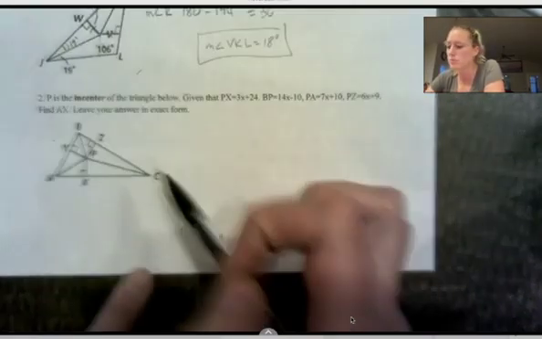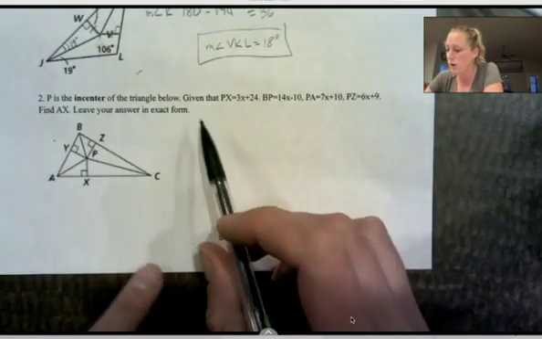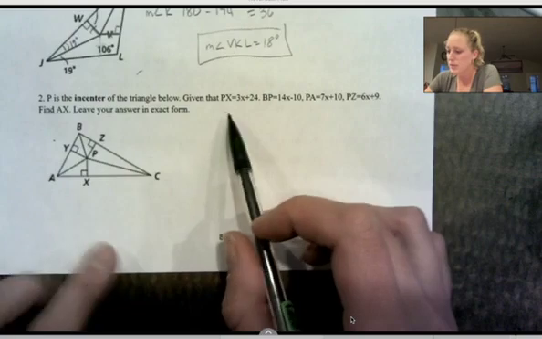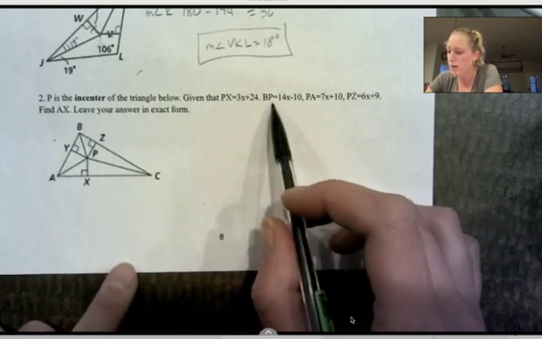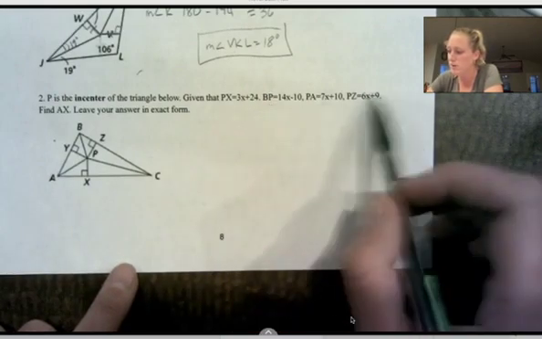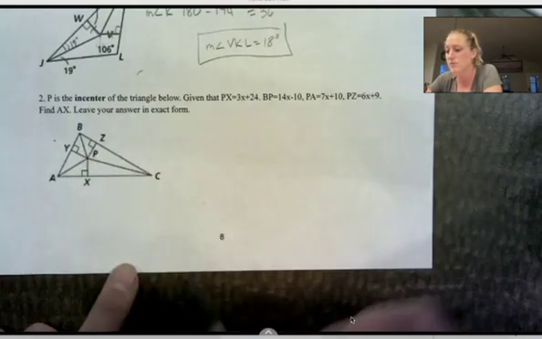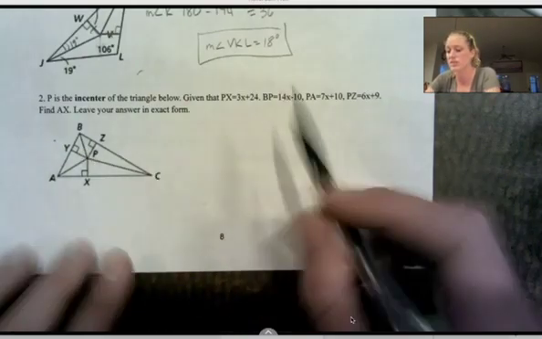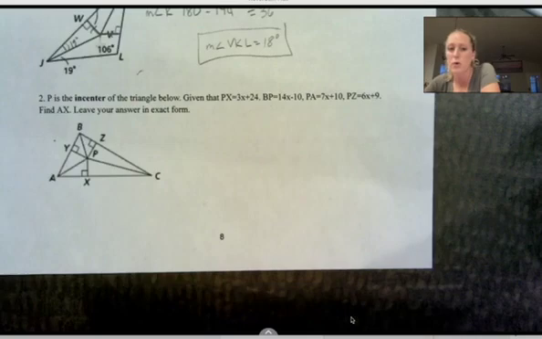Okay, here I'm told P is the incenter of the triangle below. Given PX is 3x plus 24, BP is, okay, so they're giving me a bunch of information here. They want me to find AX. Leave your answer in exact form. Okay, so all of these